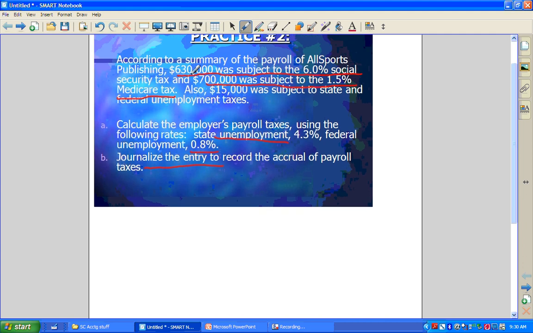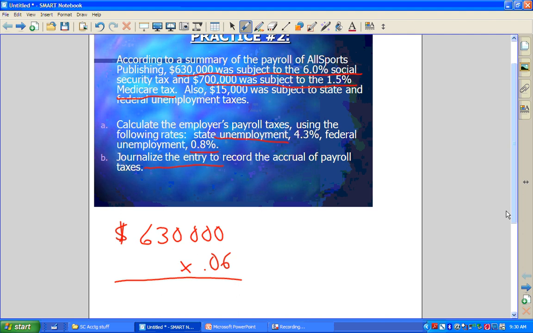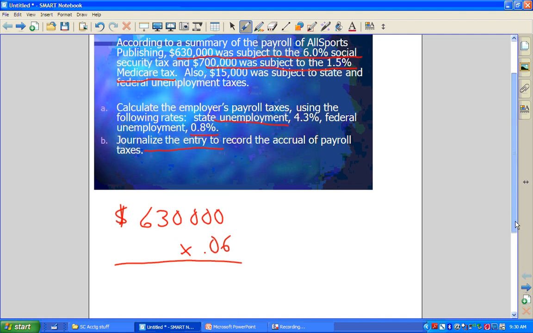So first thing to think about is just go very straightforward. 630,000 is actually multiplied by 6%. So I simply do this, and that's going to be the actual payroll cost for this whole company for this period for the Social Security tax. So 37.8 thousand is what I get when I do this. So there's one journal entry I'm going to need. The other one is 700,000. So I just go 700K times